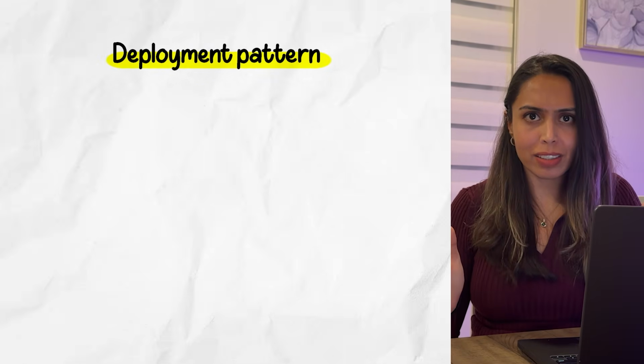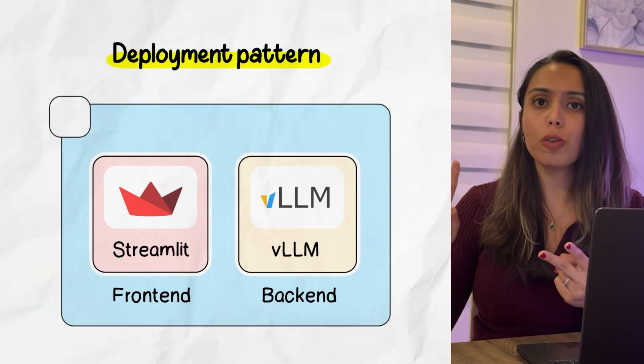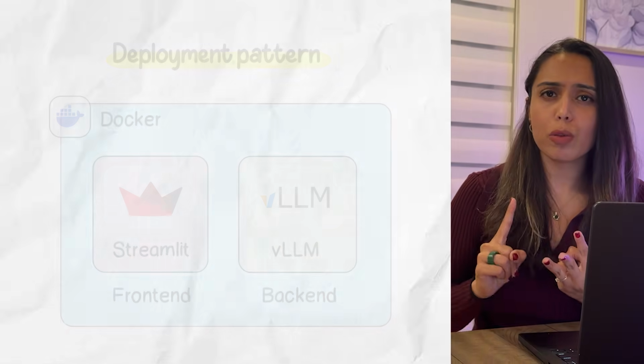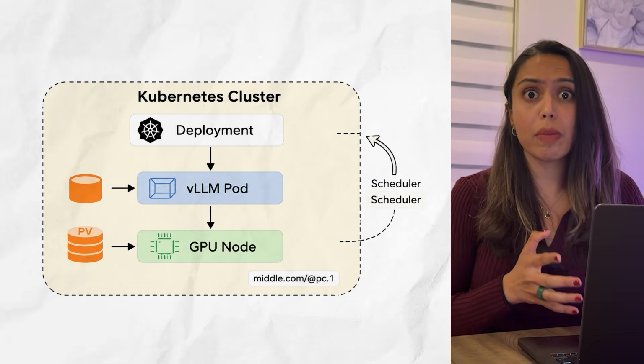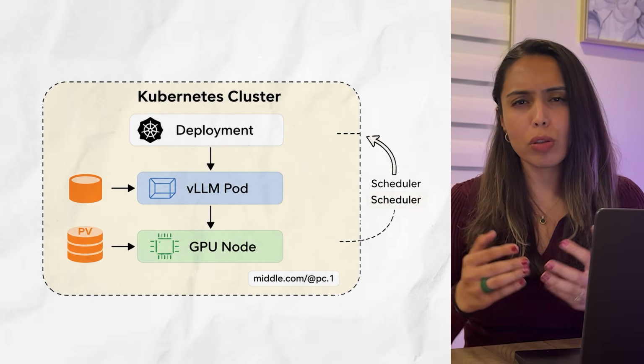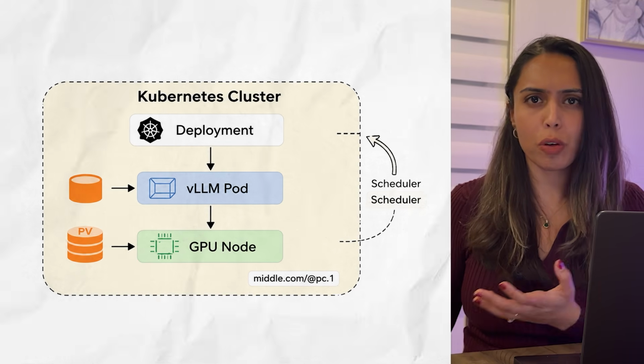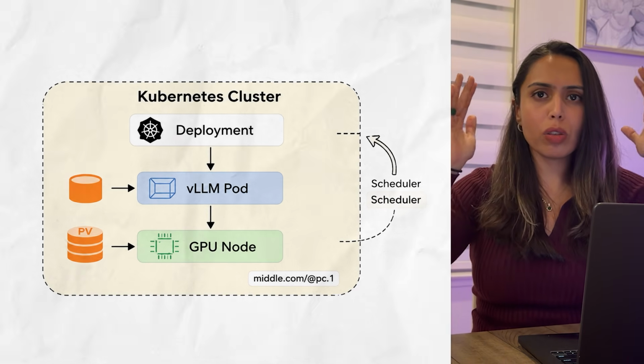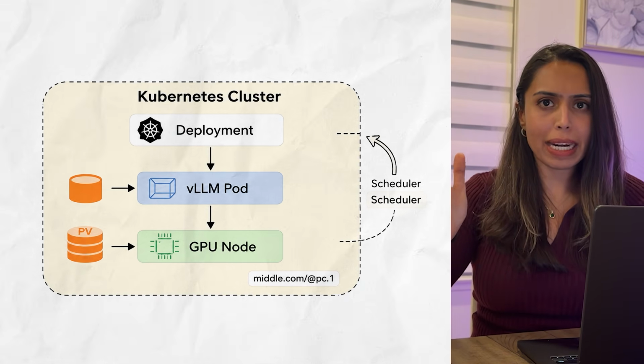Now the critical takeaway here is the deployment pattern. What is the role of the backend engine? How do you package it using Docker? The future steps may involve deploying the same container into a Kubernetes cluster, because a lot of enterprises use Kubernetes for production deployments. So focus on understanding the model deployment pattern here, and you can build different applications on top of it.